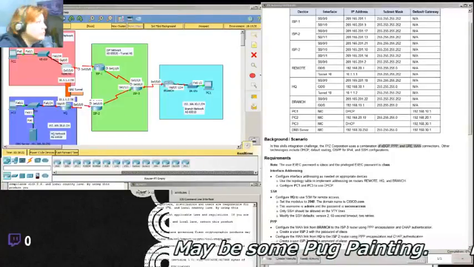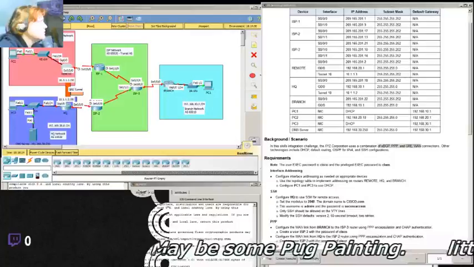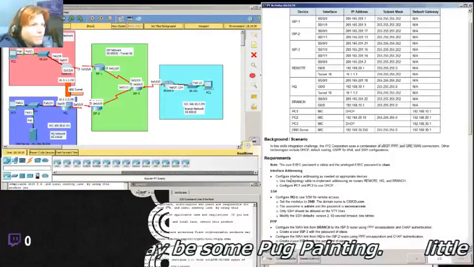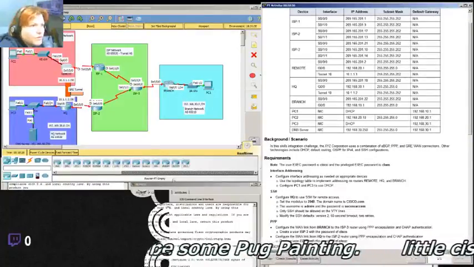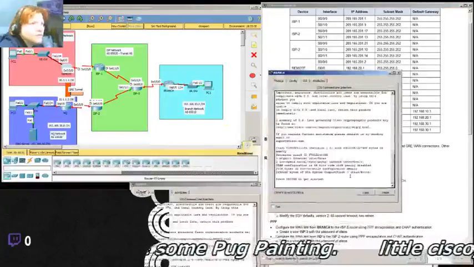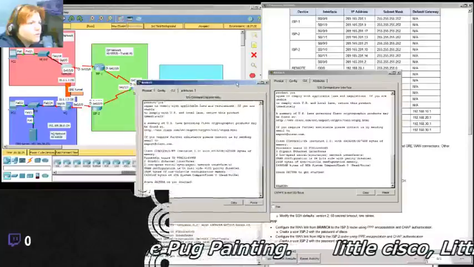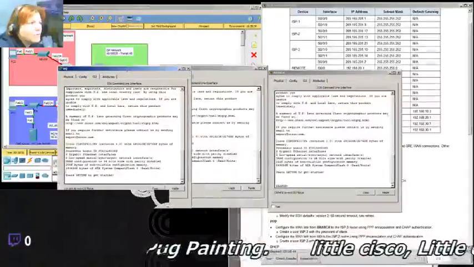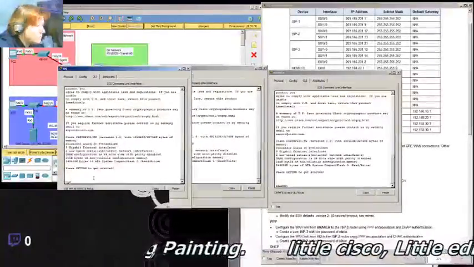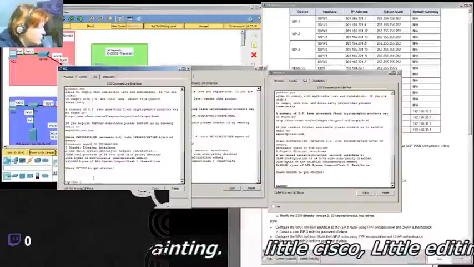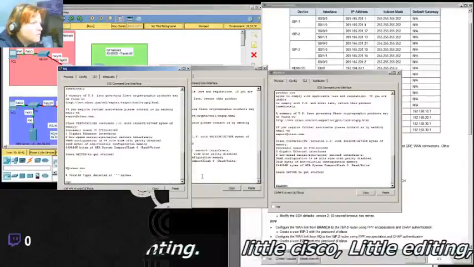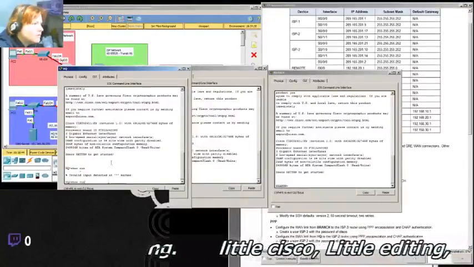Do, do, do. Okay, so I need to type all this out. Okay. Use topology. So I guess first thing we need to check: that's already named branch, so let's hope, and it's already named whatever. That's already named HQ, so let's show run on all of these and verify that they are